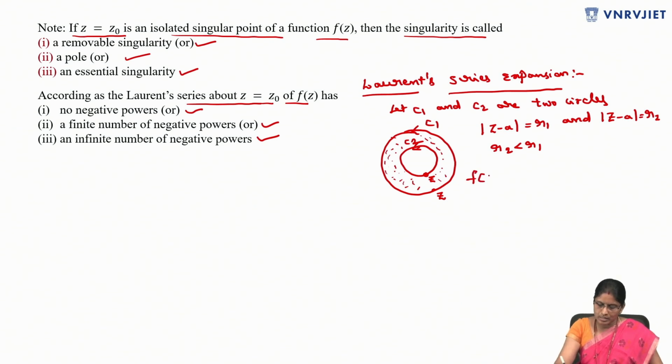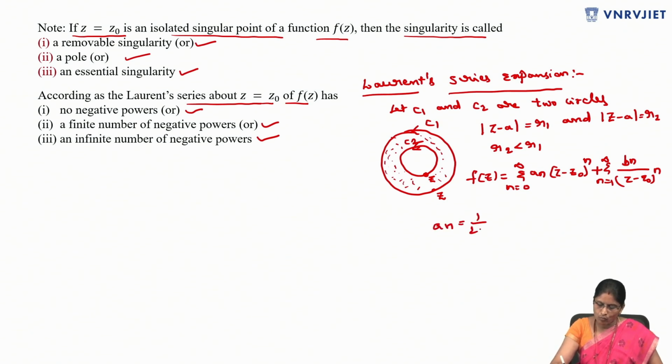Then the Laurent series expansion of f(z) is given by f(z) = summation n = 0 to infinity an (z - z0)^n, where at z0 we have to take the point a also, plus summation n = 1 to infinity bn / (z - z0)^n, where